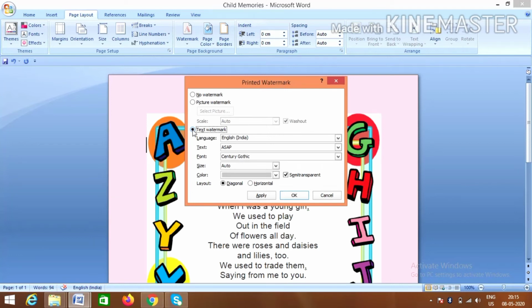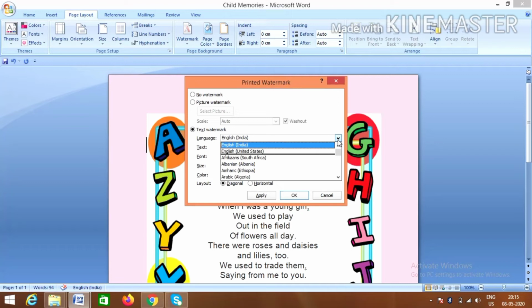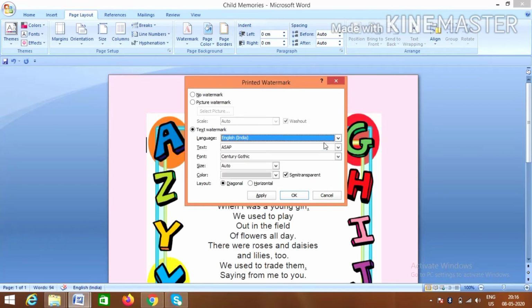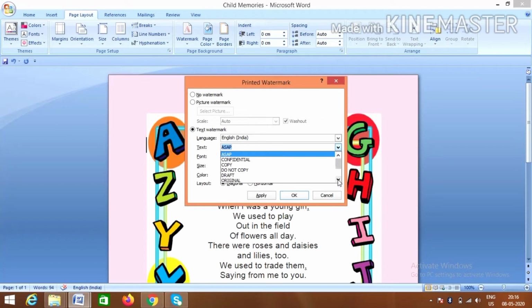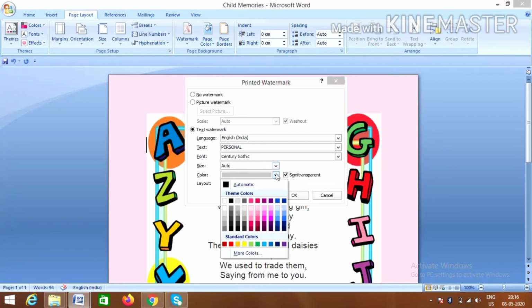You can give the text in any language, in English or in Arabic, in anything. I'll give India, English India, United States, whatever you want. Then here some texts are there: top secret, urgent, personal. So I'll give personal here. Then size will be automatic. Then here you can select the color of the watermark.